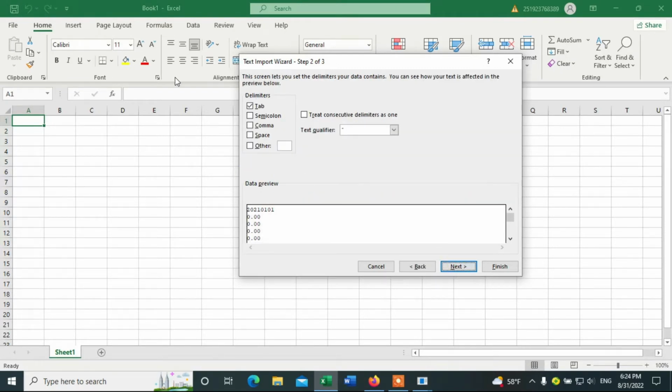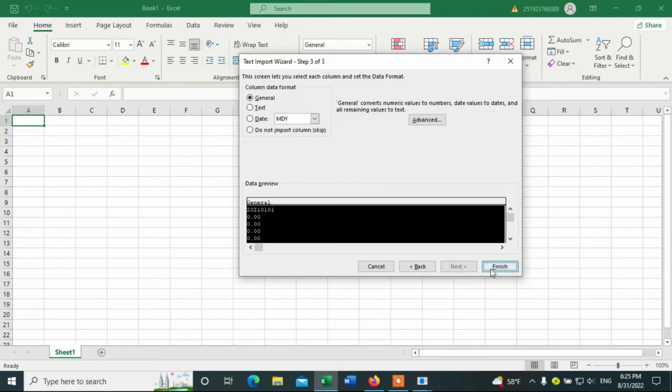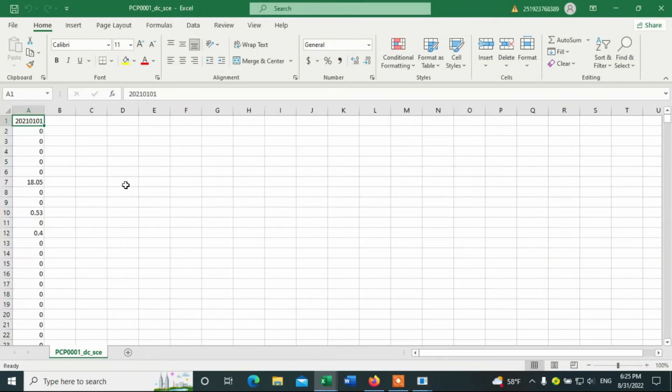Now next. If it is temperature, there are two data, measurement and temperature. Therefore, we have to click on this comma. They have to be separated by comma. Now simply click next, then click on finish. So this one is the precipitation data, which was bias corrected, which starts from 2021 up to 2035, sorry. Therefore, the data of